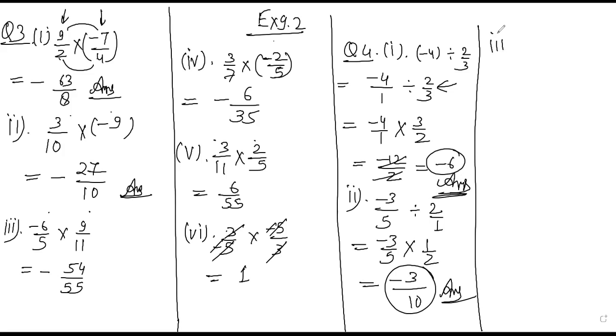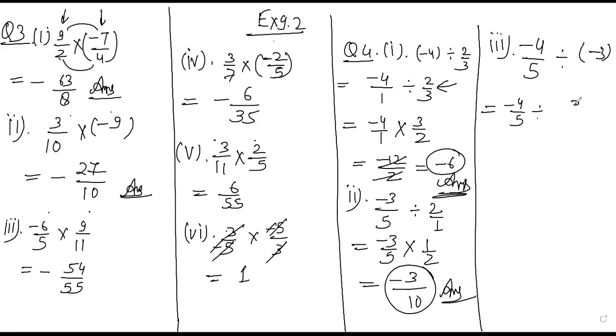Okay, third part now. Third part, -4 upon 5 divided by -3. Now as I told, if both numbers have the negative sign, the answer will come in positive in division and multiplication. यानी कि आपको दोनों नंबर्स अगर सेम साइन के होंगे तो आंसर पॉजिटिव में आएगा. बाकी प्रोसेस आपको पता ही है.